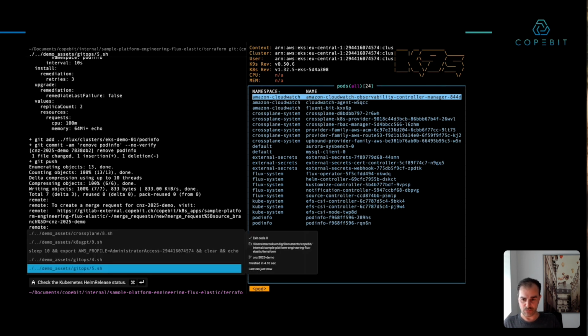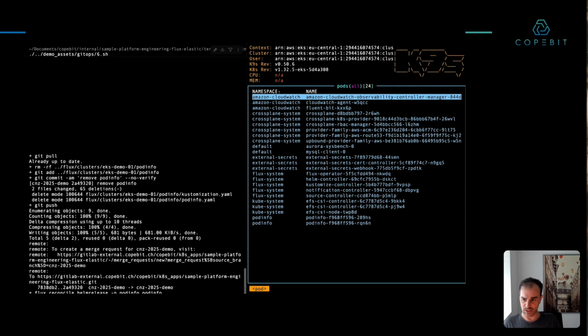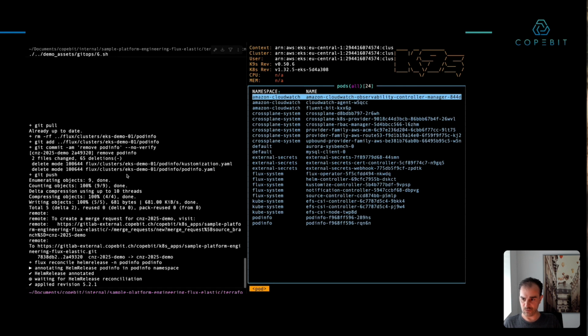And now we want to get rid of that application. So we actually delete the manifest from the cluster. We commit and push that. And then as soon as the controller has picked that up, the application is deleted, the resources are freed up,